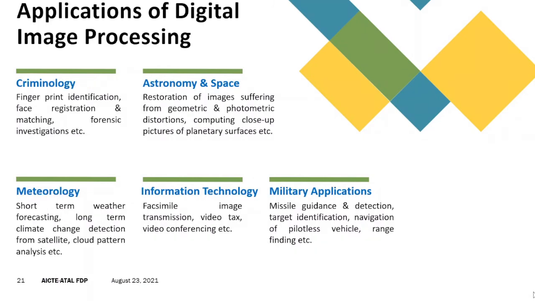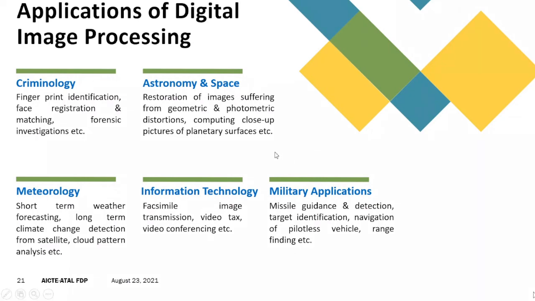Criminology. Once a person is identified and there is some suspicion, what is being done? Fingerprint and face recognition can be matched with the database to identify whether some kind of record exists. Or, in the case of a person being found faulty, all of their information is digitized and saved, so that in future, if required, it can be extracted. This is what they use in criminology.